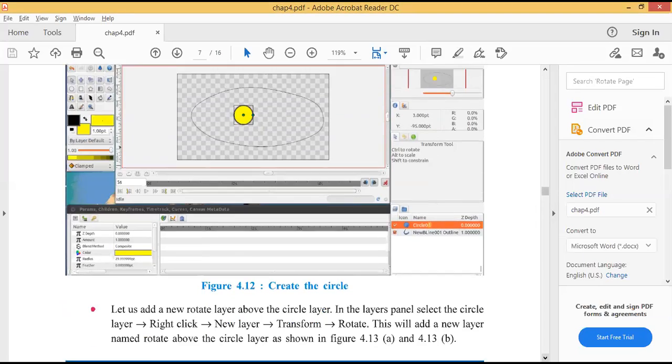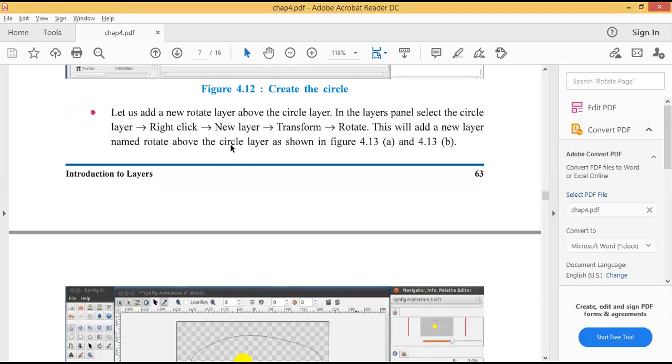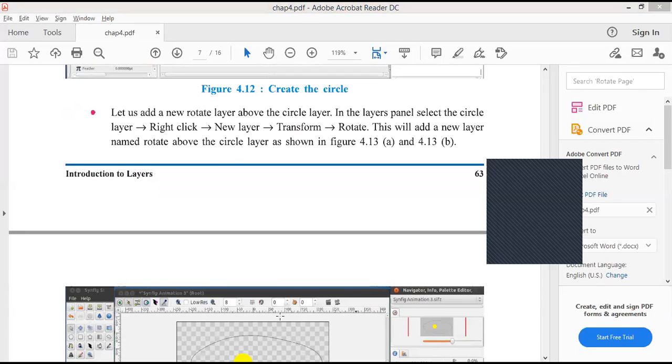Now next step, let's add a new rotate layer above the circle layer. In the layer panel, select the circle layer, right click, new layer, transform, rotate. See. This is our layer panel.